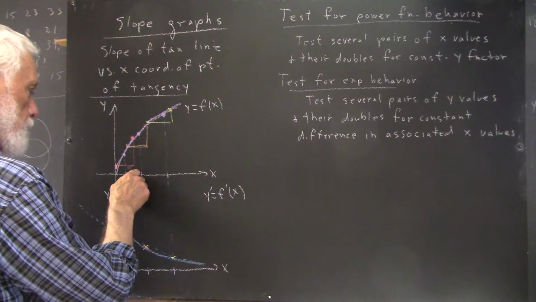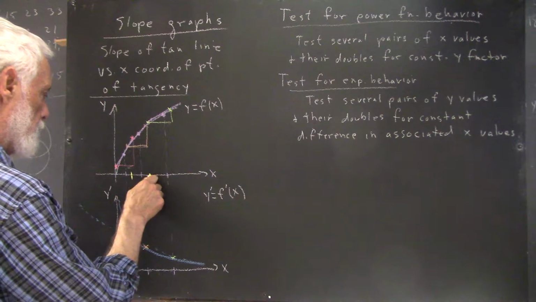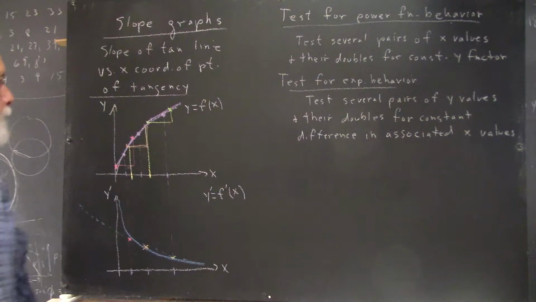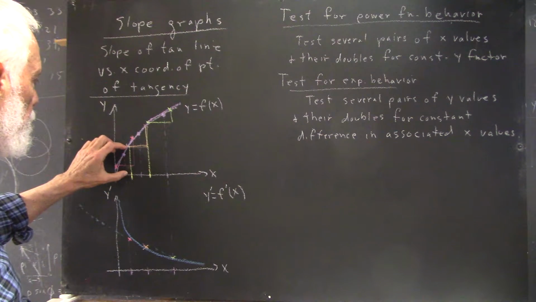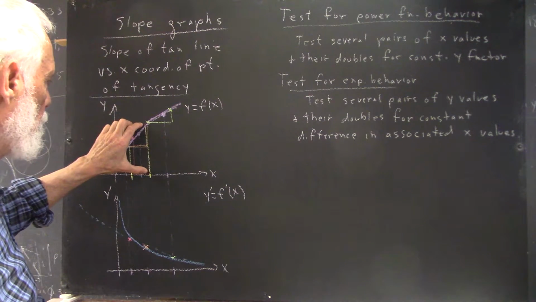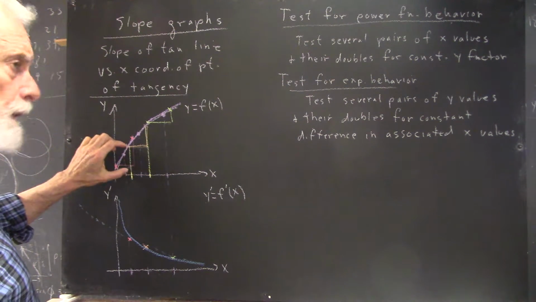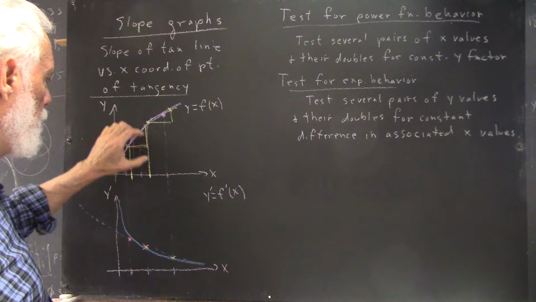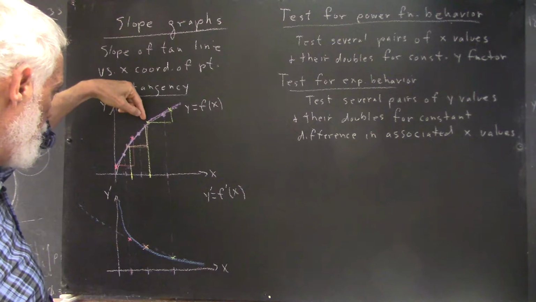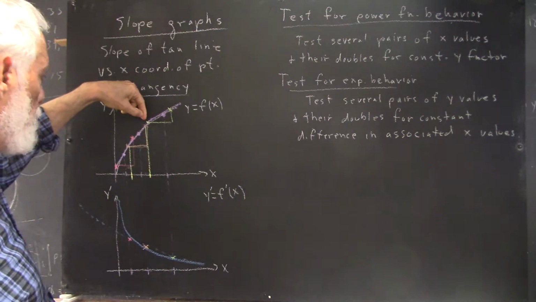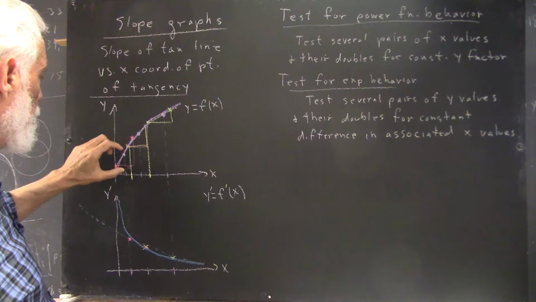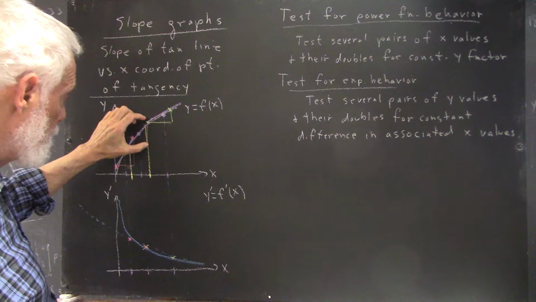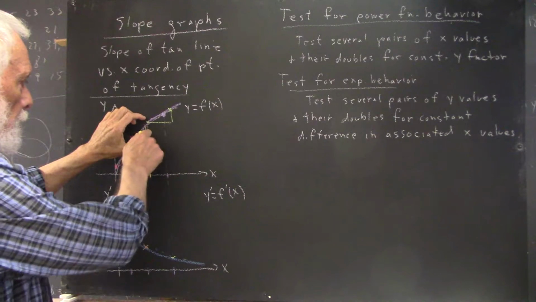So here is a good x value, and if I double it, I get out to about here. So let's see, between here and here, what are my y values? Well, this and this. Let's see by what factor this appears to exceed this. Just going to estimate it. We're not going to construct it, but I could construct this length and then this length again. And you see I'd be a little above the graph, so we see that the value hasn't doubled. Okay? Now if I take half of that interval, this interval here, I'm going to end up about here,